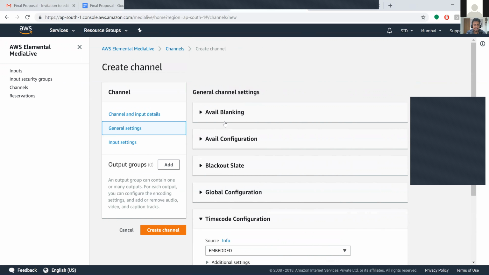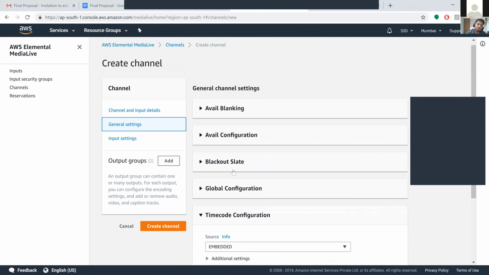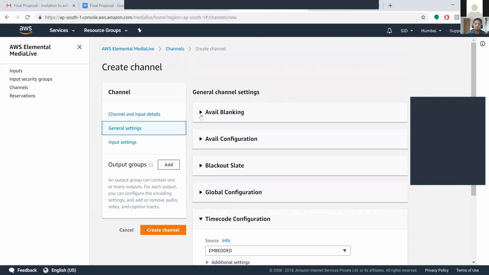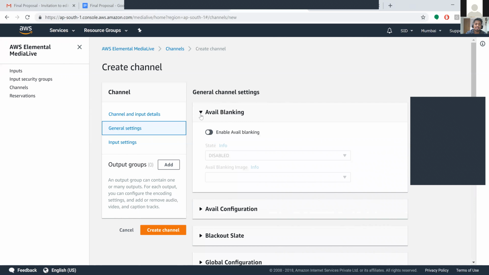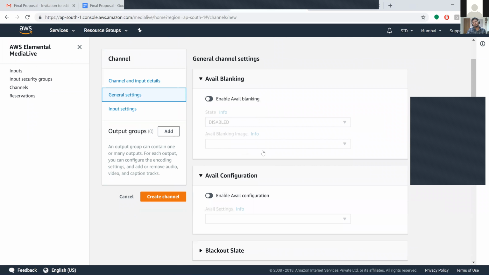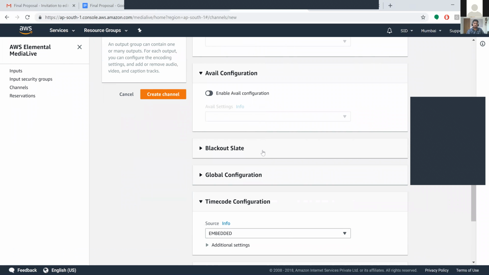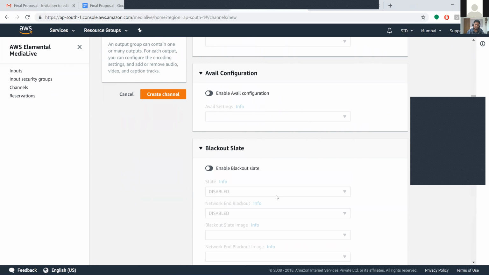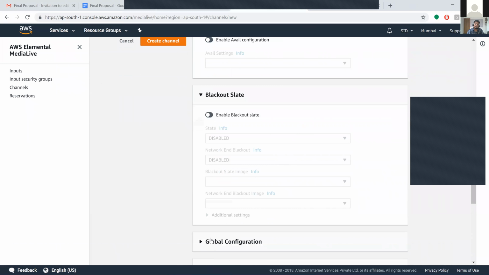In the general channel settings, we have avail blanking, avail configuration, blackout slate, global configuration, timecode configuration, channel logging, etc. By default, avail blanking is disabled. For avail configuration you have to enable it. For the blackout slate, you have to enable it and fill out the specified fields.